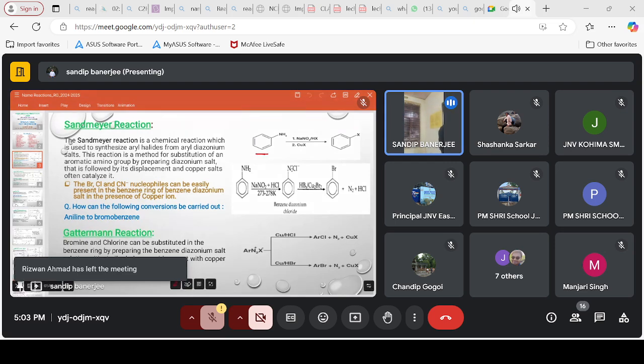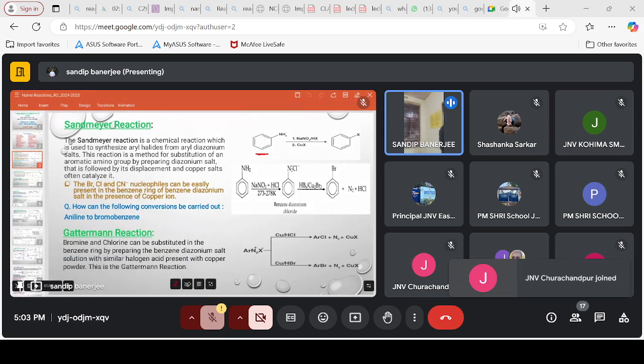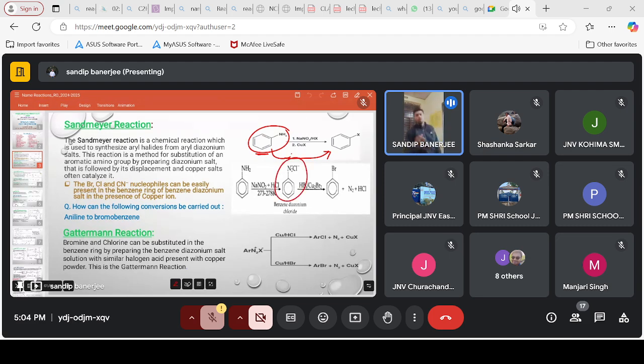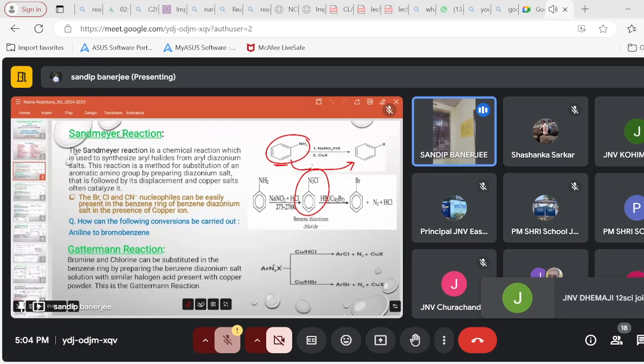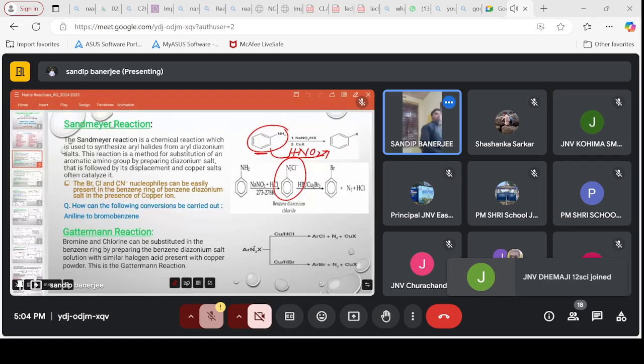Actually, this is not the starting material, but you have to convert this aniline system into a diazonium system. And that is why, famously, from this to this conversion, we have to go through this intermediate. This intermediate is called your benzene diazonium salt. Actually, you can synthesize this benzene diazonium salt directly with HNO2. But since HNO2 is explosive, you all know that,